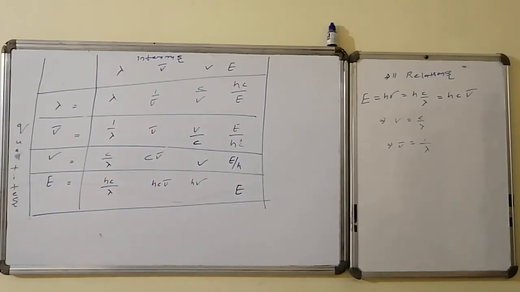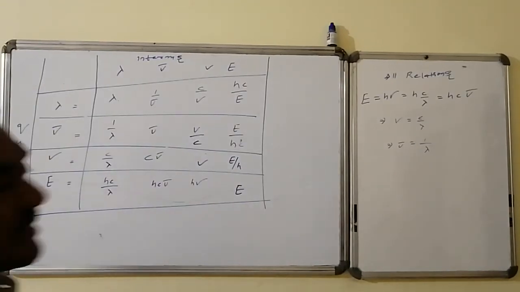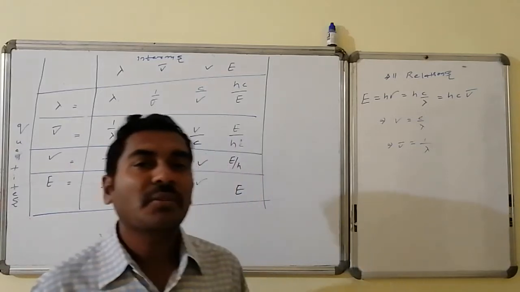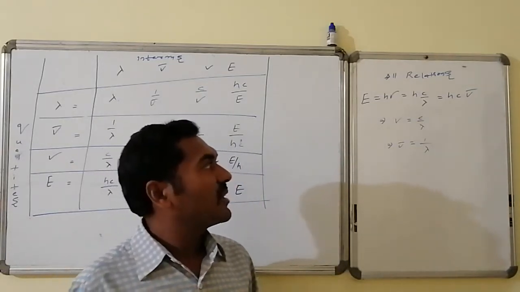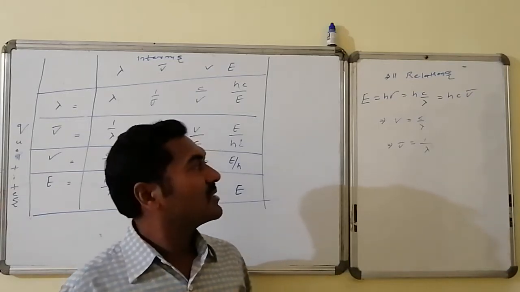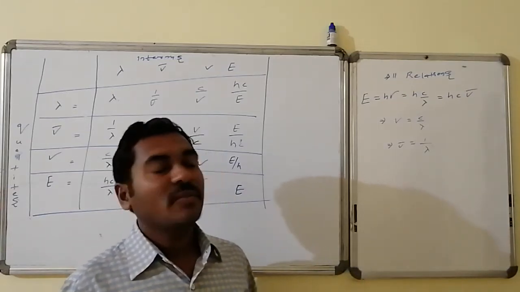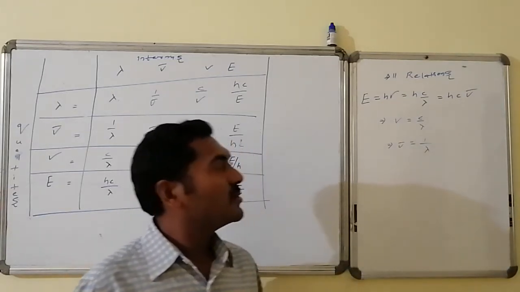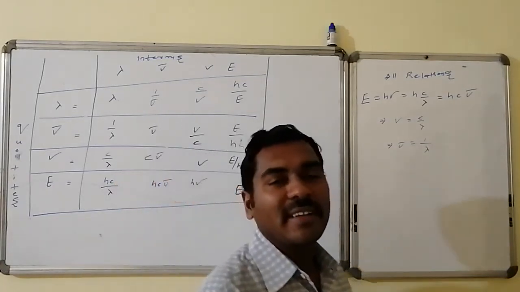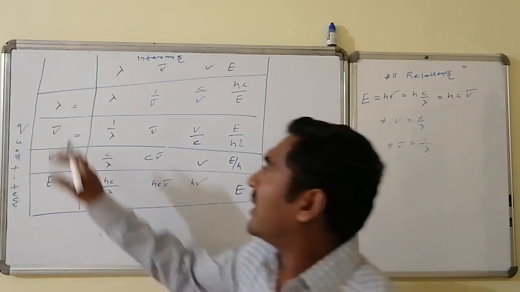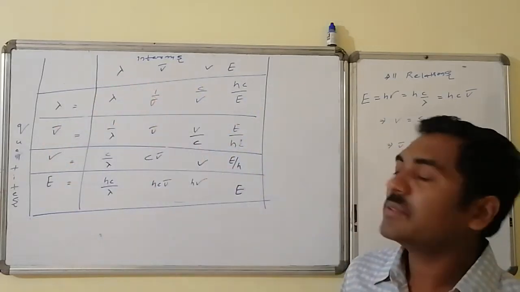All relations of the wave parameters of electromagnetic radiation: energy E is equal to h nu is equal to hc by lambda, whereas hc by lambda is equal to hc into 1 by lambda, which is equal to hc nu bar. Whereas nu is equal to c by lambda, nu bar is equal to what? 1 by lambda. The tabular form of all interrelations, that is lambda in terms of nu bar, nu as